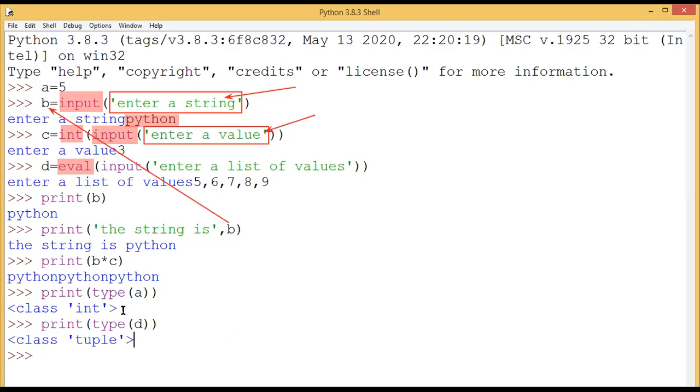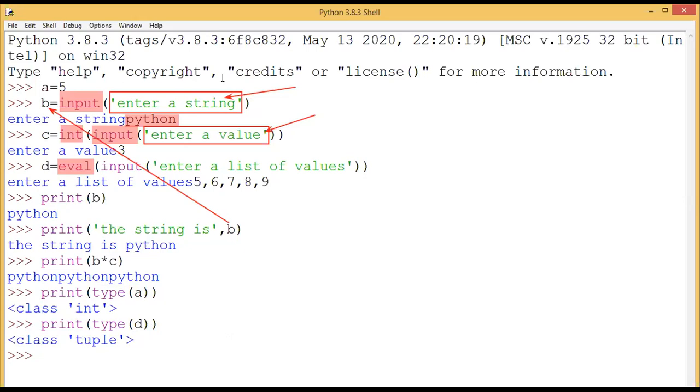Yes, sir. So this is the function for getting the data type of the variable: type. Inside this you give the variable. It will show the type of the variable, that is data type, right? Students understood? Okay, very good. So that's all.